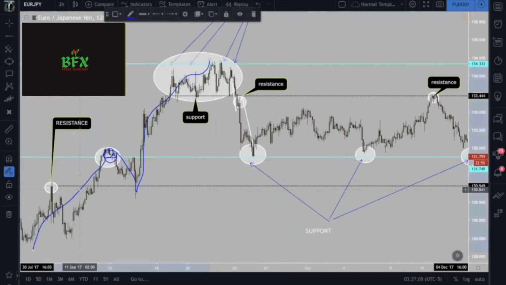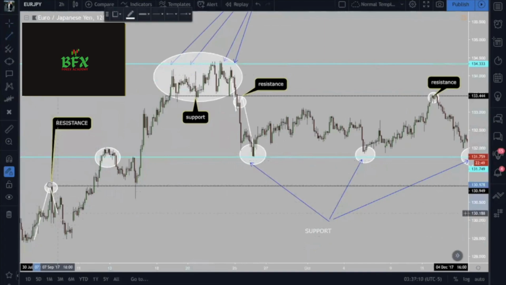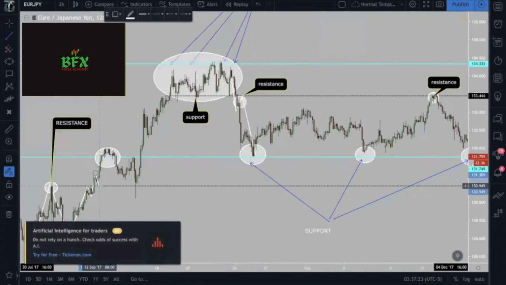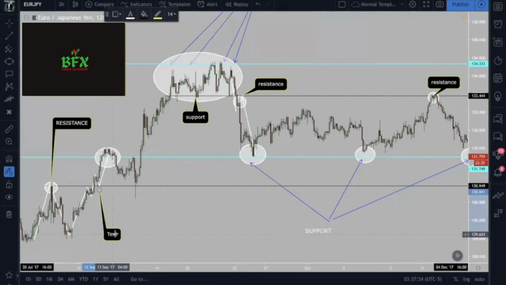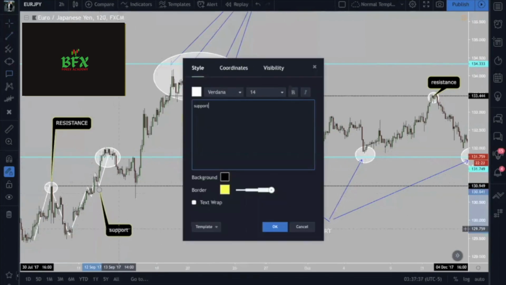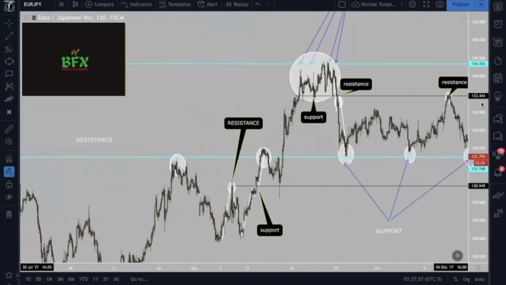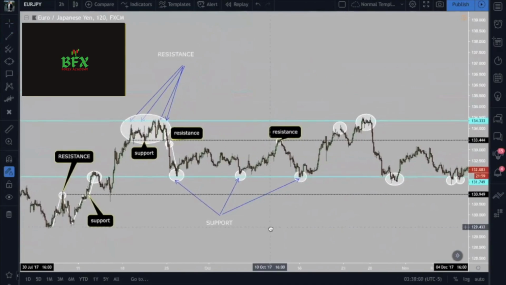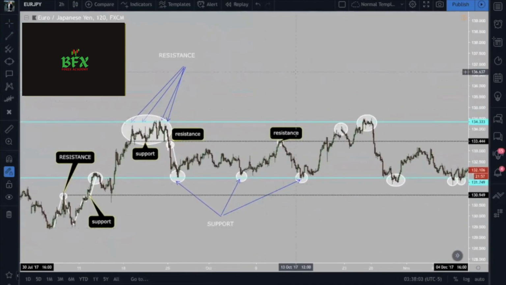Let's get rid of this blue line here. Price came up to this point and then dropped very hard. Now, the next time price came up, found a little bit of resistance, but ultimately it broke through. Now, when it broke through, what happened? It came back down, and now this level acted as support, and then we come back up to our next resistance. So here we have support. Now, this video was designed to give you a conceptual understanding of support and resistance, how support becomes resistance